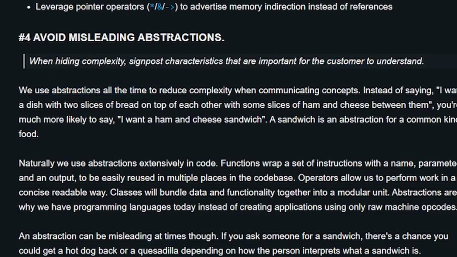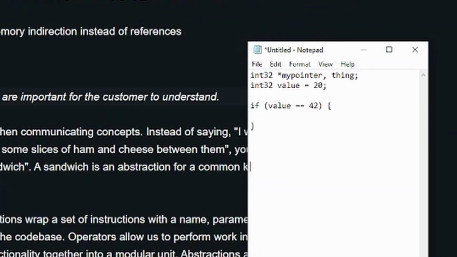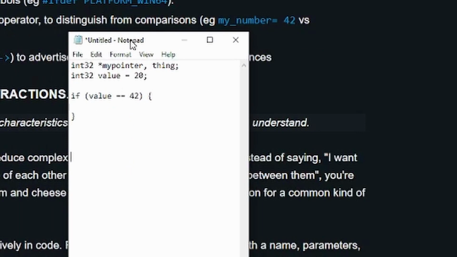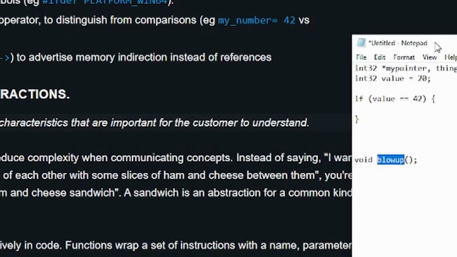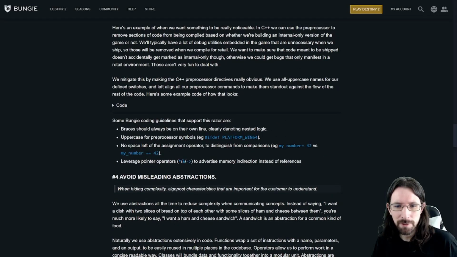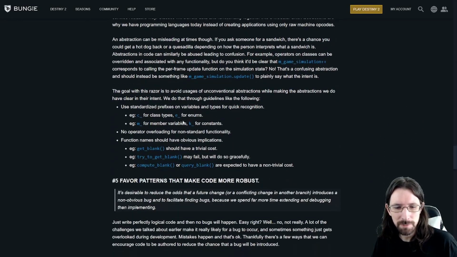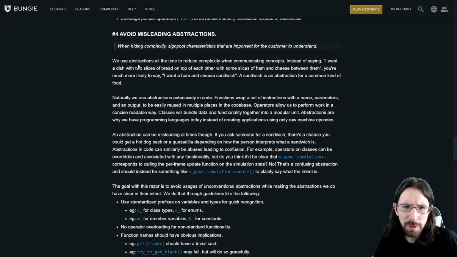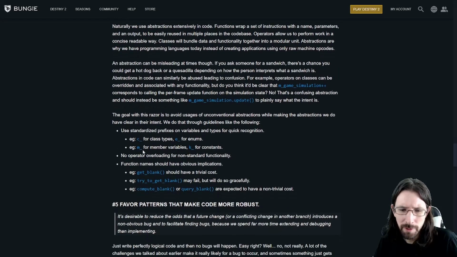So avoid misleading abstractions. Yeah, I think this is just a kind of common sense thing. You don't want to call a function something completely different than what it actually does. Say you want a function to maybe resize an object. You don't want to call that function blow up, because someone's going to look at that and think, oh, you're exploding an object. And no, it's just resizing. Weird example, I know, but just make things clear. Basically, they're kind of saying the same thing here as they said earlier with the use clear names type thing. Okay, but no, they go on to explain a little more here. I might not be totally right about that.